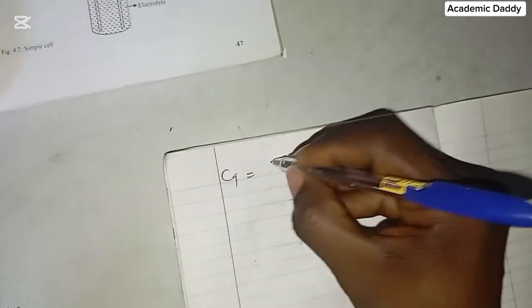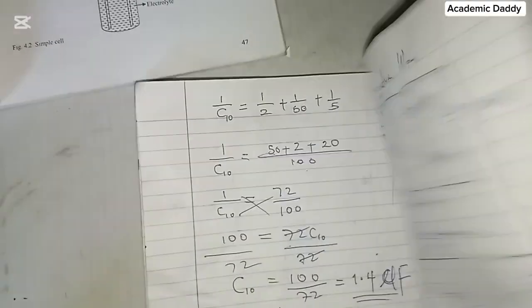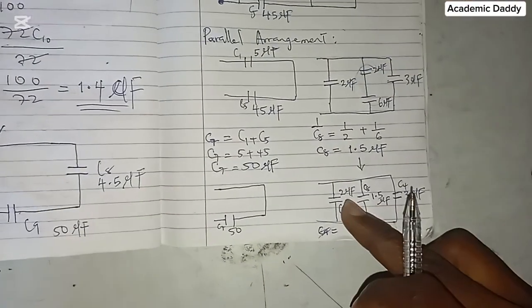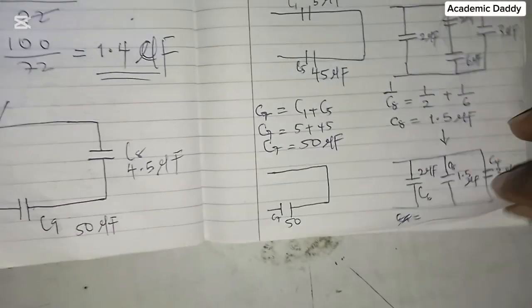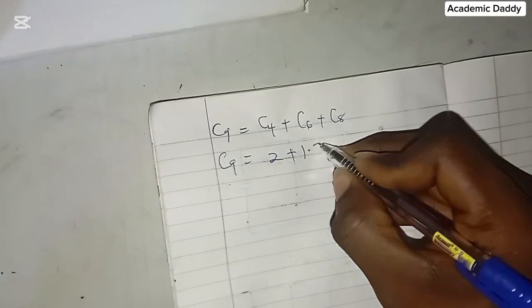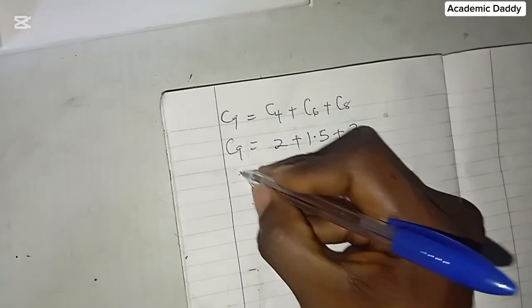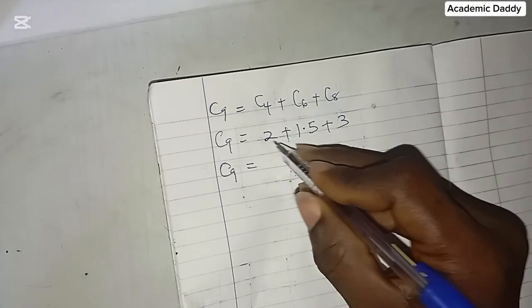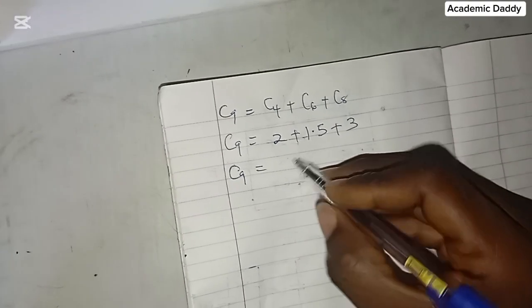So C4 plus C6 plus C8. So C9 will be equals to 2 plus 1.5 plus 3. So it will simply be that C9 is equals to 6.5. So that is, if you remember, 3 plus 3 is 6. So 6.5